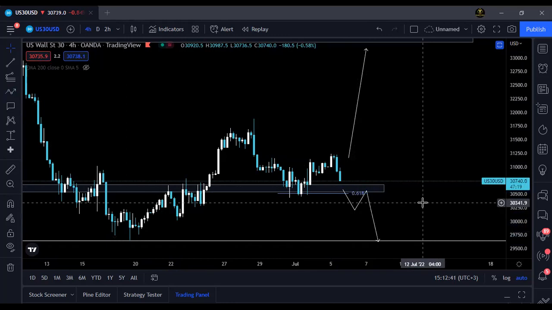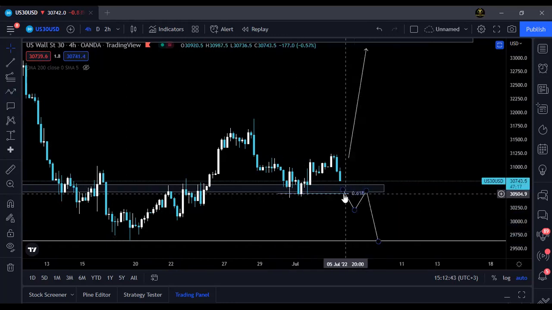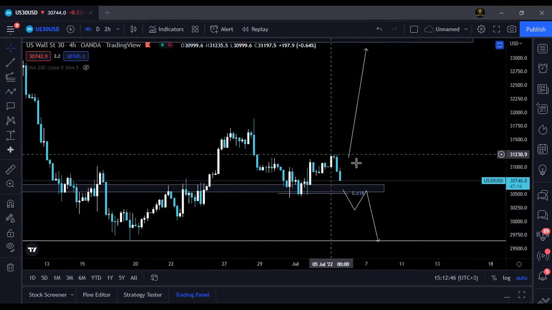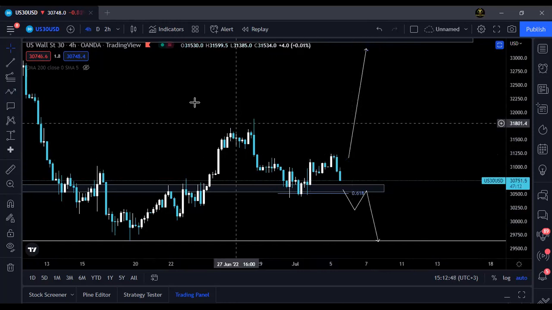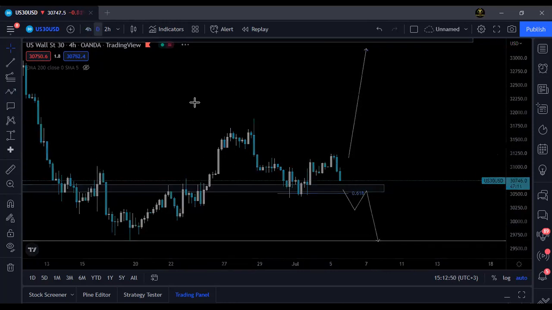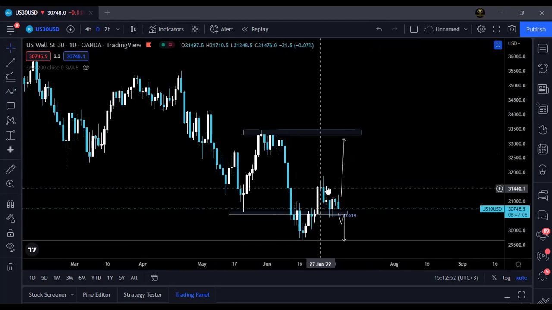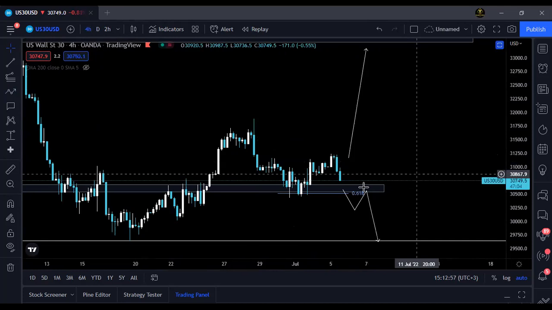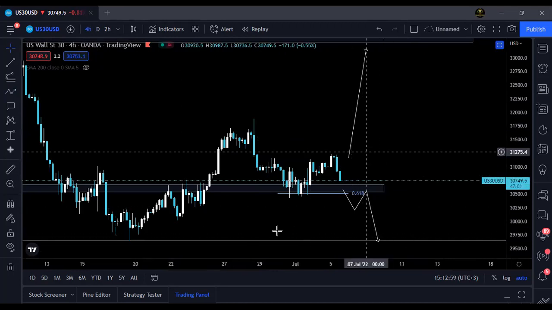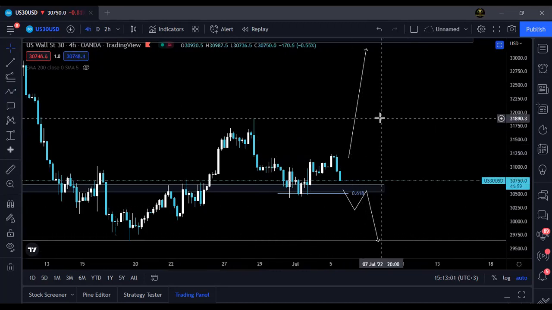Although my general bias is bullish, because prices have bounced off this 0.618 Fibonacci key level and it closed on Friday with a strong bullish confirmation, and it hasn't been anchored yet. So let's see how it plays out. Let's see how New York will enter with the momentum and see how it plays out. Cool.